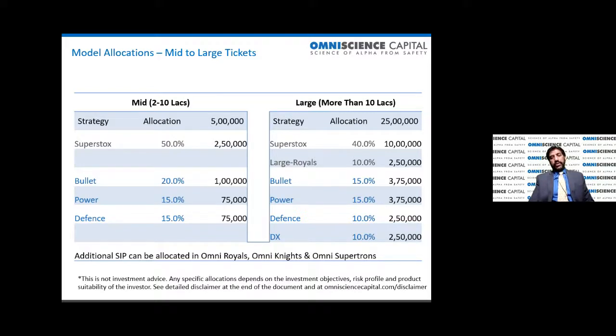Third is power. As the GDP grows, power is a given. So the expectation is a pretty high growth rate in power, and combined with valuation, that's a great opportunity. And digital transformation: somebody who also wants to have a dollar hedge, since the rupee depreciates against the dollar in the long run, DX provides you that, as well as exposure to the developed economies through the IT companies, right? So these are different kinds of themes, and depending on the taste of the investor, some might be more suitable to some investors.